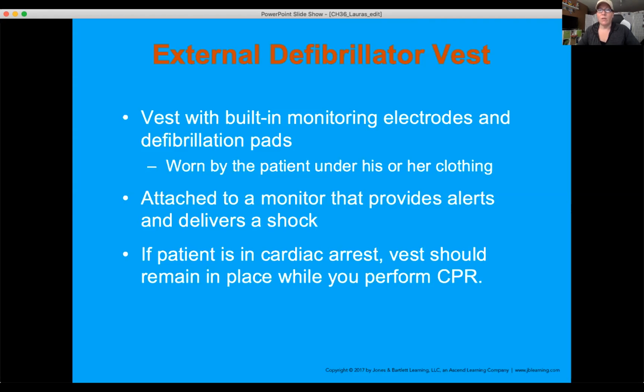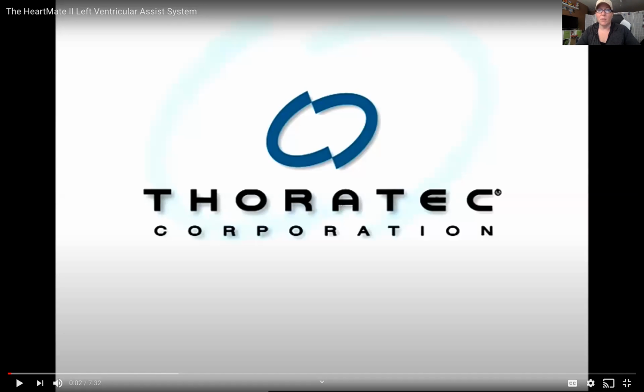The biggest thing with LVADs is that you default to your medical direction. That's a big one, because some of them want us to do CPR with the LVAD in place. Some of them want us to make sure we're ventilating the patient and just transporting them with the LVAD. So make sure you know what your medical director wants you to do before you have the eventuality of somebody having a cardiac arrest with an LVAD in place.